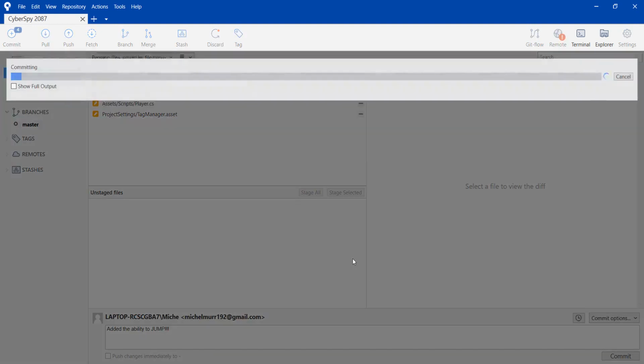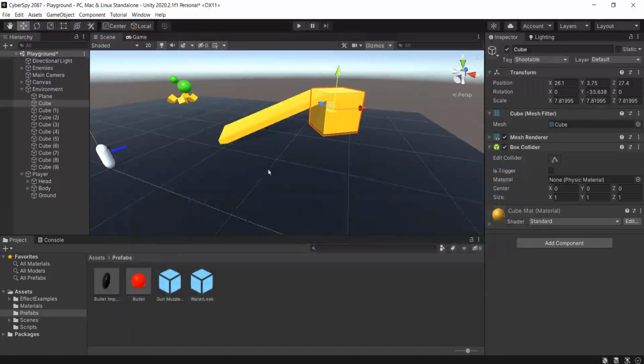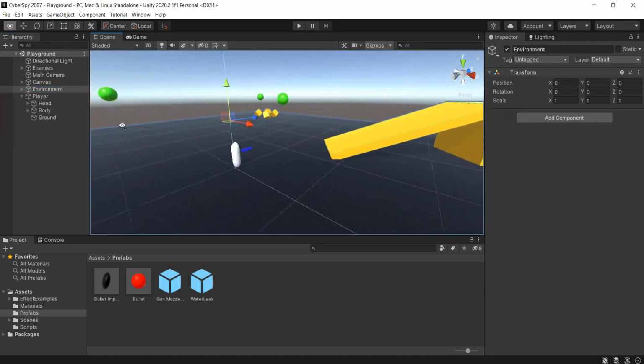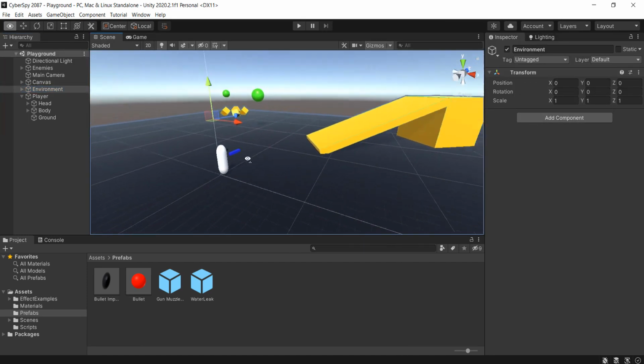Very nice. In the next video, we are going to be creating a crouching mechanic. This changes back to ground, save all of that. We are going to be adding the crouching mechanic, and we're going to be playing around with the scale of our player. So I'll see you in the next